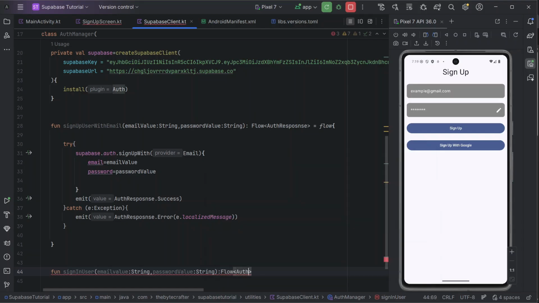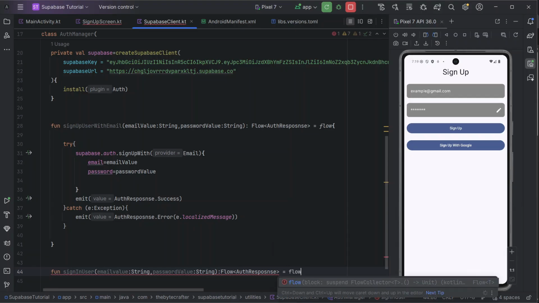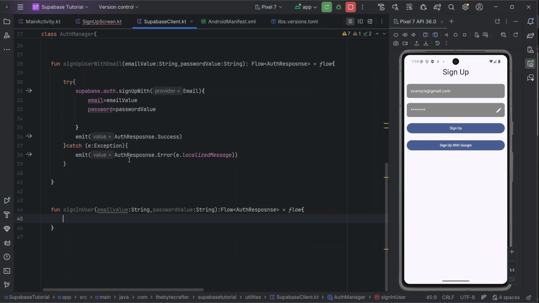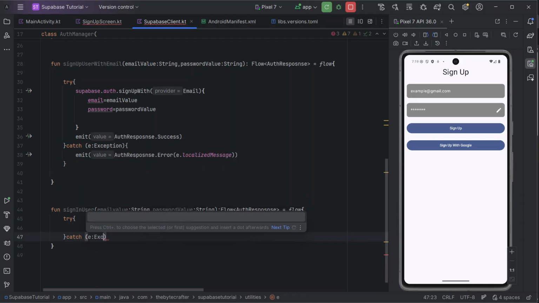That is AuthResponse, which is equal to flow. And then inside here I'll have that logic to sign up or sign in, sorry. That's in as an exception,